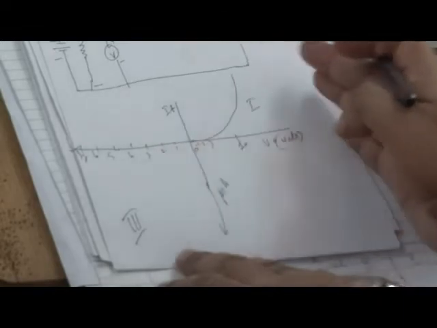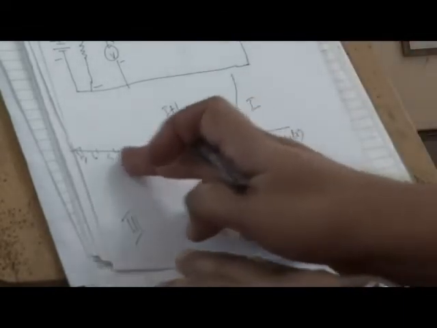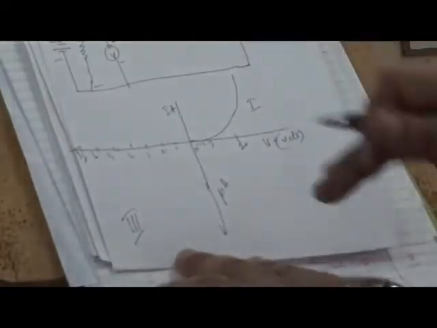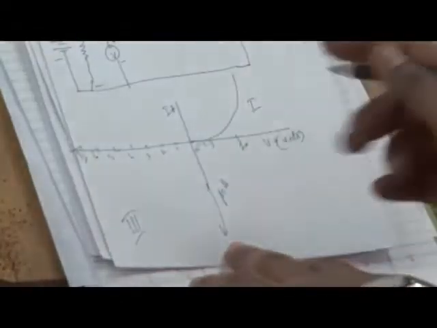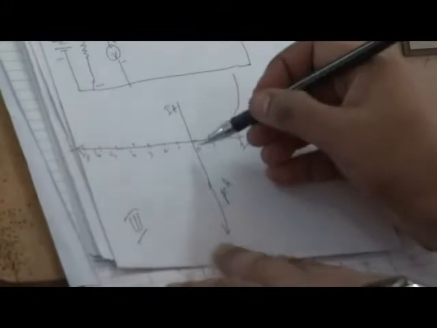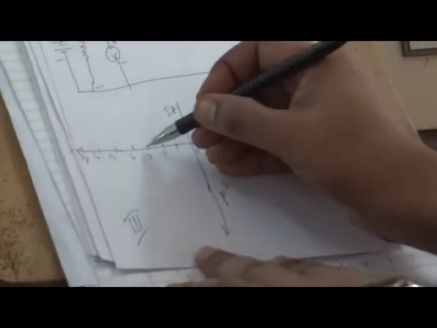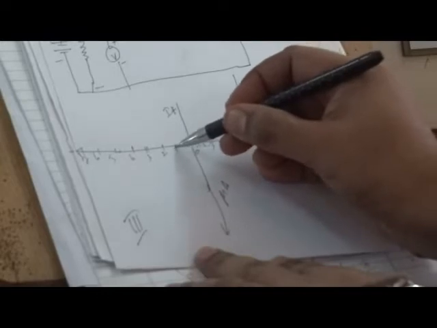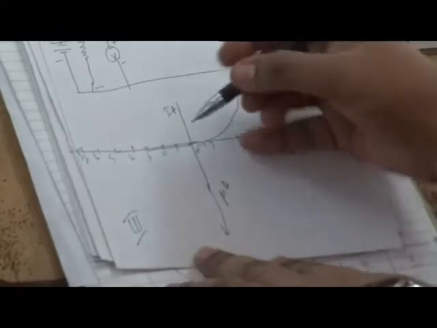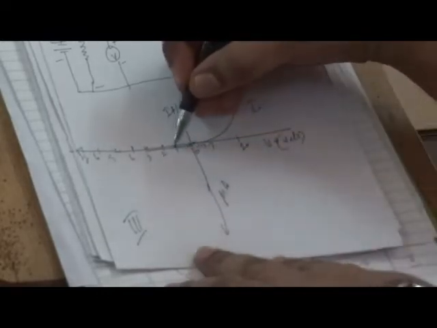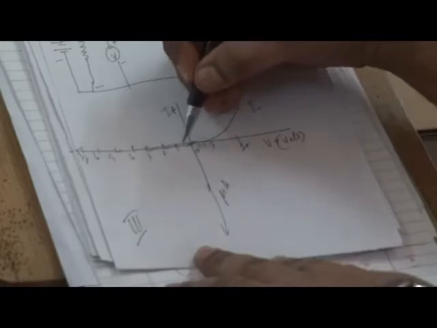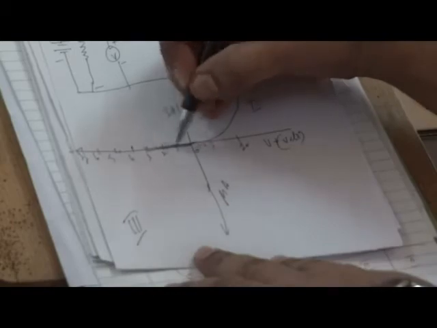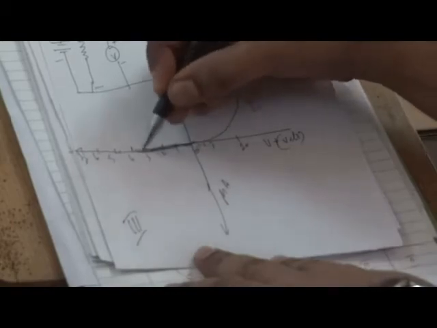After that there is no meaning in drawing the graph. But here the graph may continue like 1, 2, 3, 4, 5, 6, 7, 8 to any extent according to the diode which you are choosing. So now when you start this experiment, for 1 volt or 2 volt or 3 volt or 4 volt, there will be no current. Or if at all there is a current, you may get a line almost parallel to the x-axis, or maybe overlapping with the x-axis. Let us see that part now.